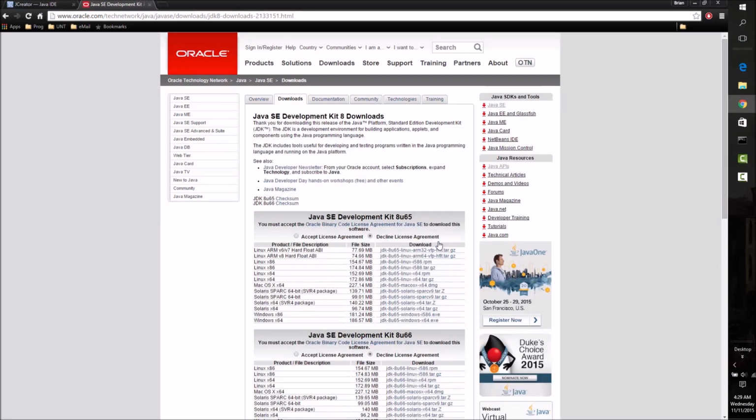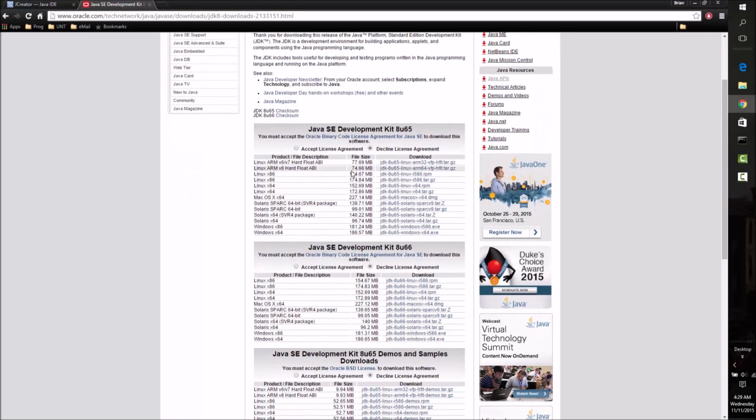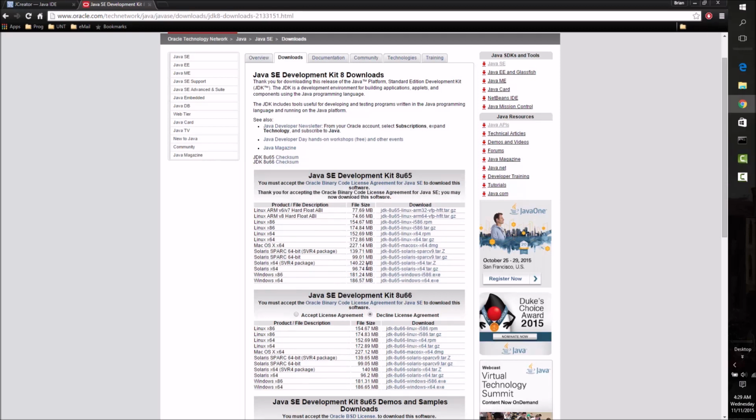So if you go ahead and click one of those, it'll redirect you to this page, which has a few different builds. The first build you'll see right now is version 8, the 65th update. It is the current supported build, but there is a newer 66 update. So go ahead and click the accept license agreement,